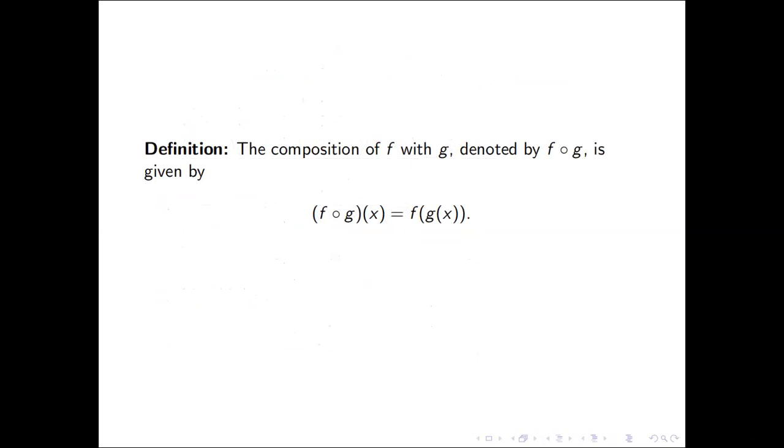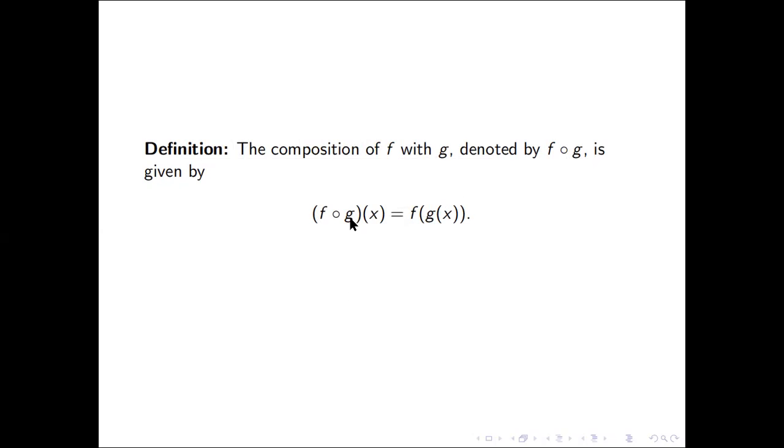So let's go to the last one for today. Composition of two functions. So we had functions, its definition, domain, range, vertical line test, and we had addition, subtraction, multiplication, division of functions. So last one for today, composition of f with g, which we denote by this symbol. It's read as f circ, for circle, CIRC, f circ g, or just simply f of g. And we define that composition as follows.